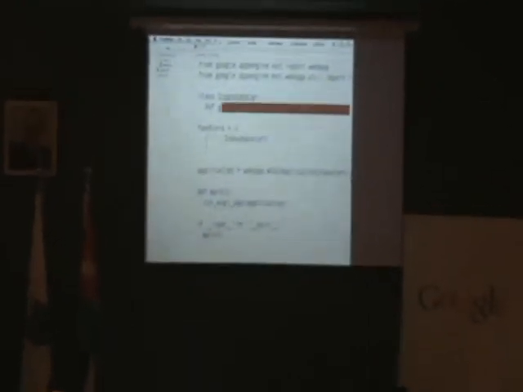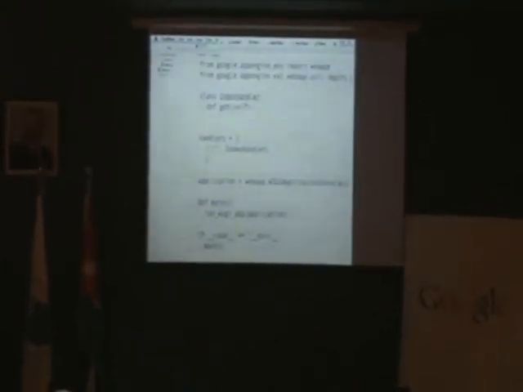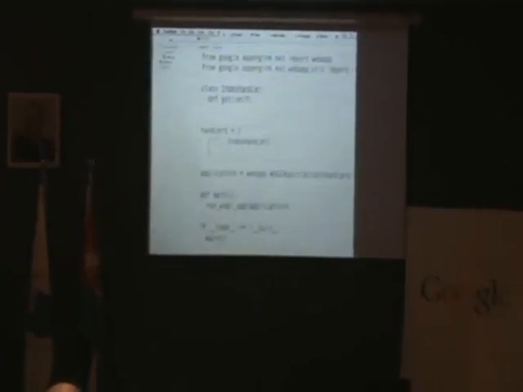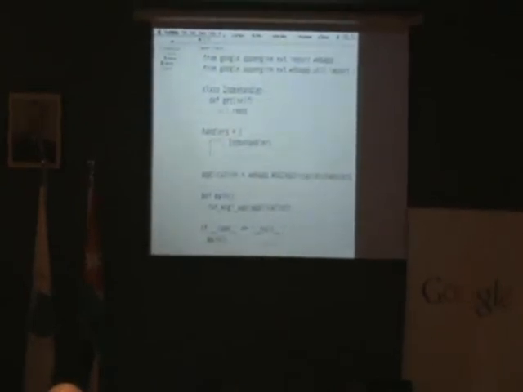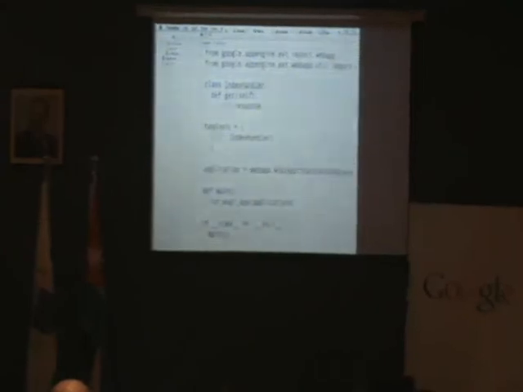And now I need my magical class. And my magical class is just something that tells how to answer to a GET request. Because you might know that when you speak the web languages, when you make HTTP requests, you can do GET requests or POST requests. So here I'm going to answer to the GET requests. And I will do so by just saying that I want